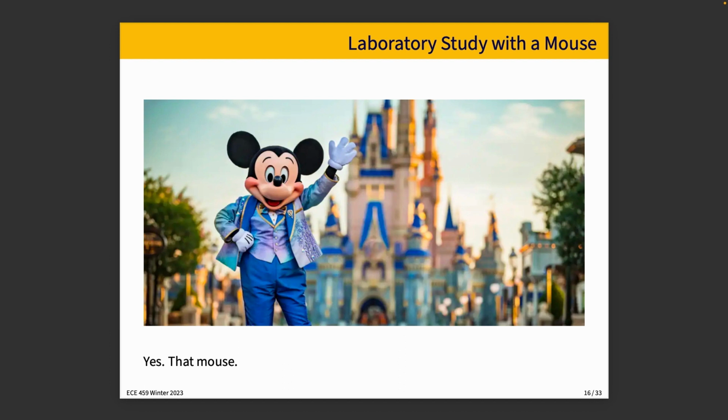And now, a laboratory study about queuing theory with a mouse. Yes, that mouse. So, this section relies on a rather informative video by the channel Defunctland about the history of the Disney Fastpass system. The actual video contains a lot of discussion about the history of Walt Disney World and